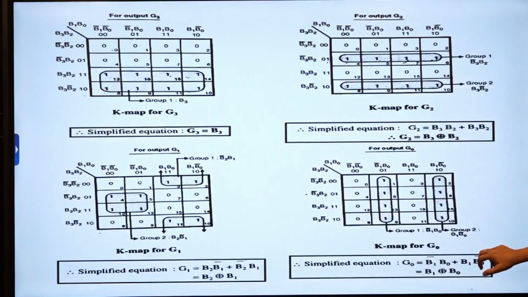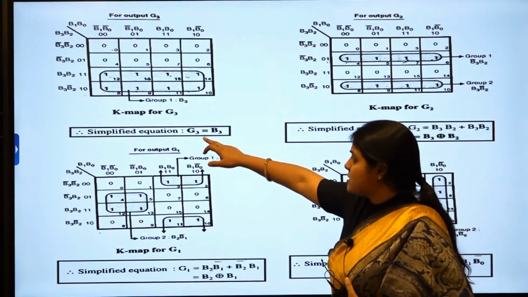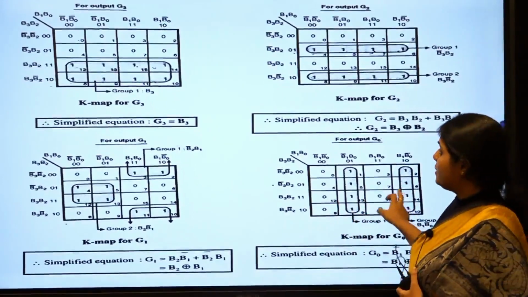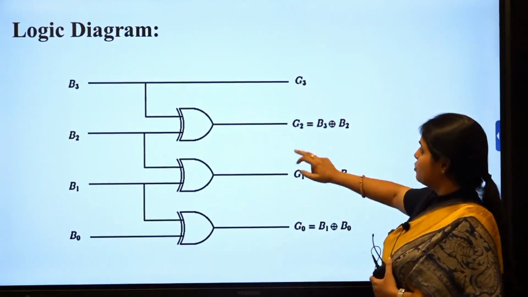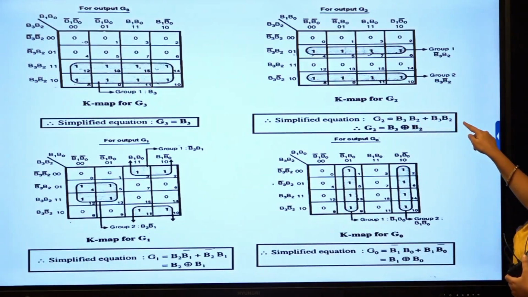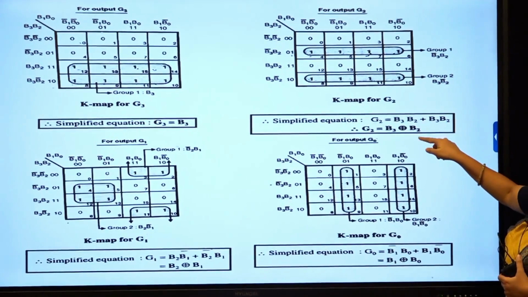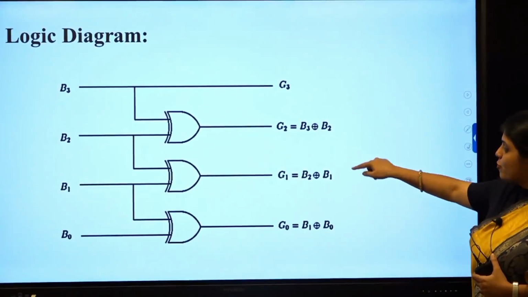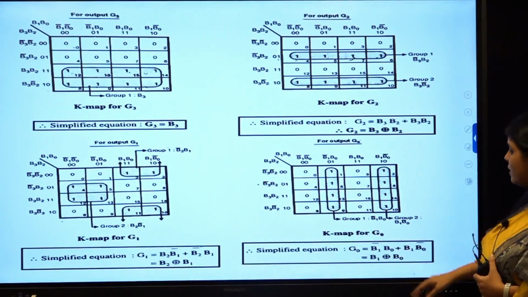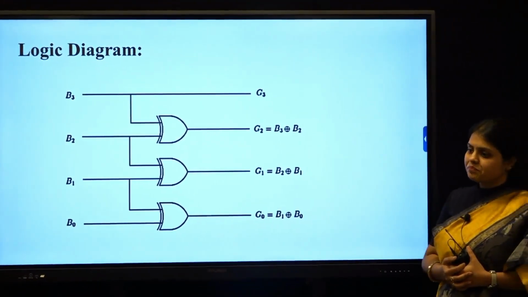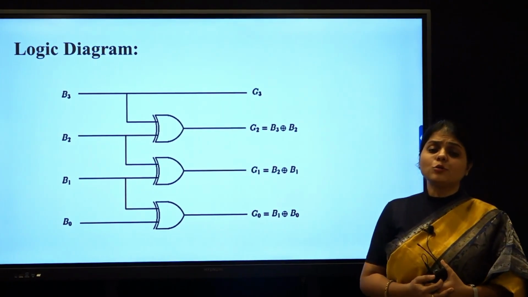So as you can see, G3 is directly B3, okay. The B3 input would be passed to G3 directly, hence we don't make any connection B3 to G3. And when you look at G2, it is B3 B2 plus B3 B2, okay. So this is XOR of B3 and B2, okay. So XOR of B3 and B2, similarly B2 B1 and this one, okay. So this is all about the input binary to output gray code